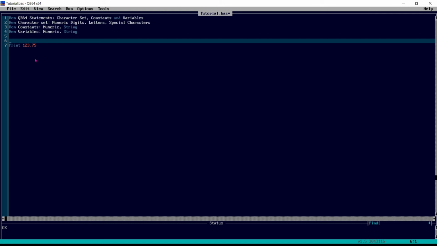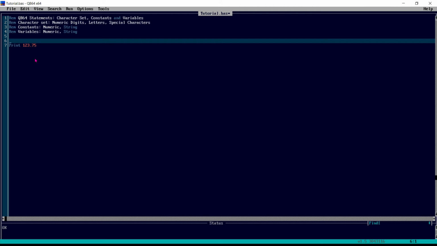A variable name cannot be a reserved word and can have a maximum of 40 characters. A variable name begins with a letter, not a number, and can have letters, numbers and a decimal point with no space.